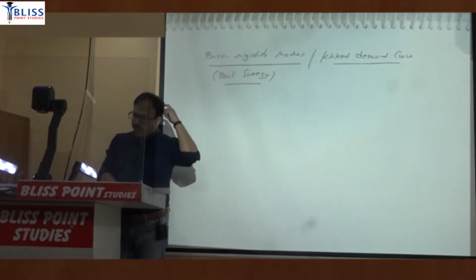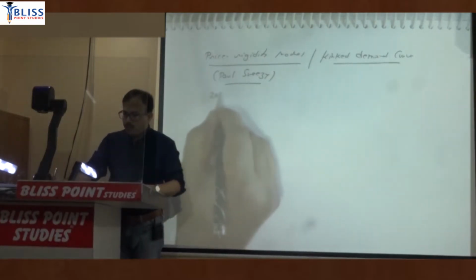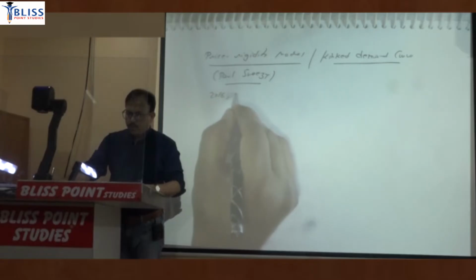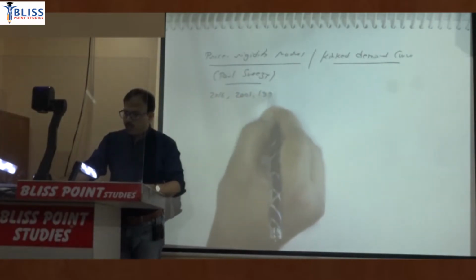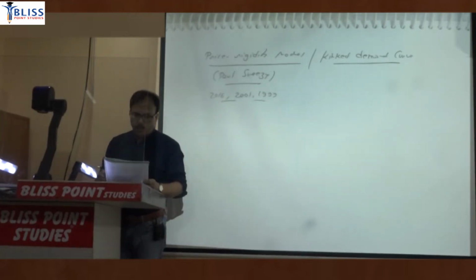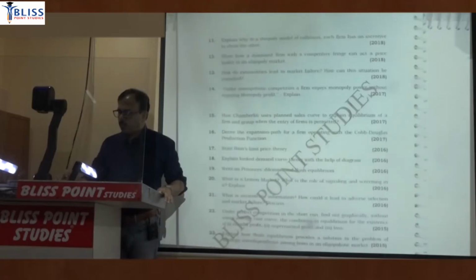ठीक है, इस क्वेश्चन की फ्रीक्वेंसी काफ़ी है. Paul Sweezy का क्वेश्चन ये 2016 में, in 2001, 1999. Question usually direct question है, like in 2016 the question was explain Kinked Demand curve theory with the help of